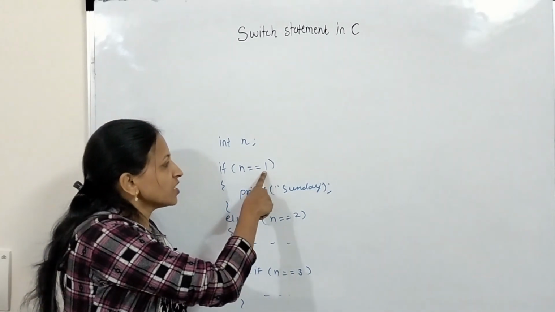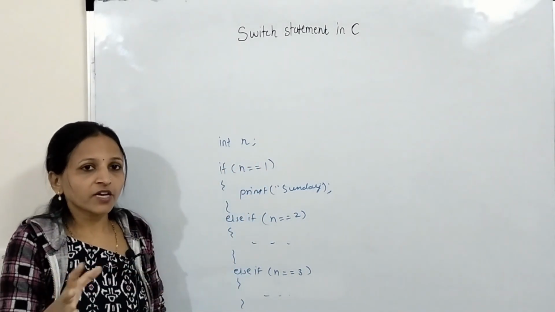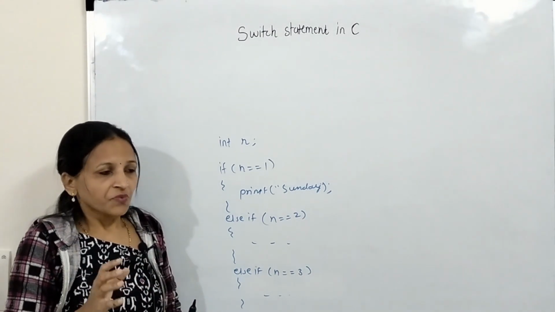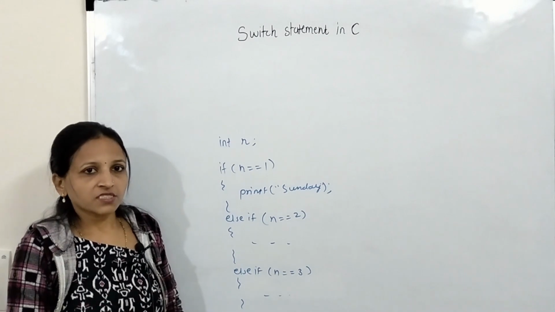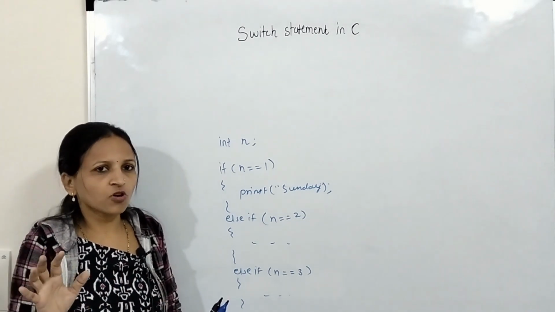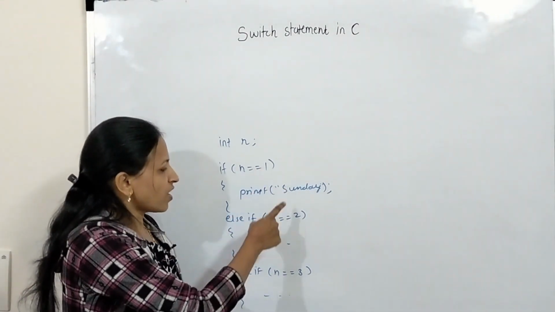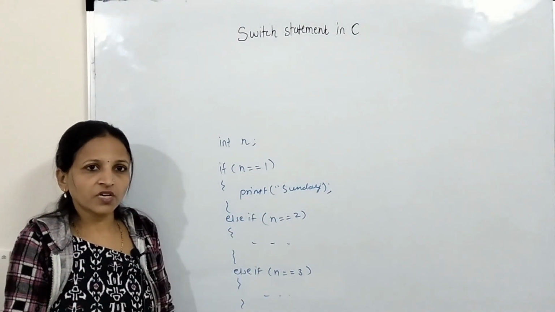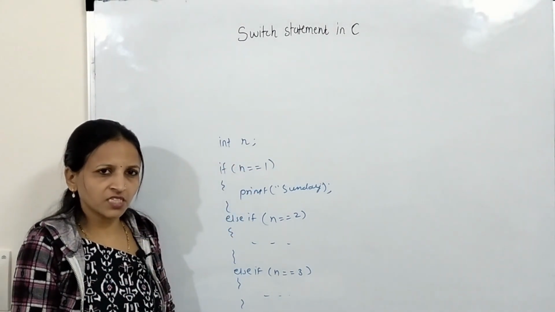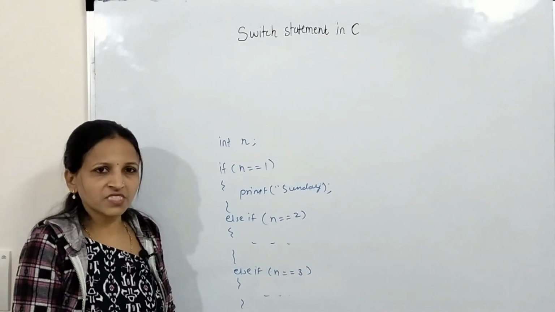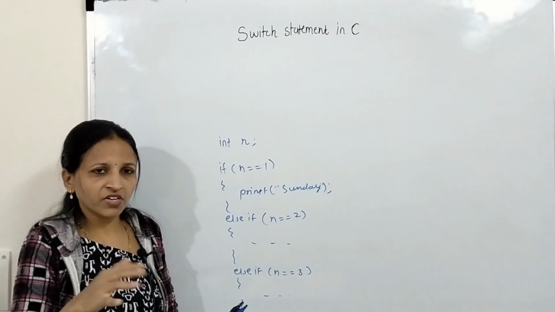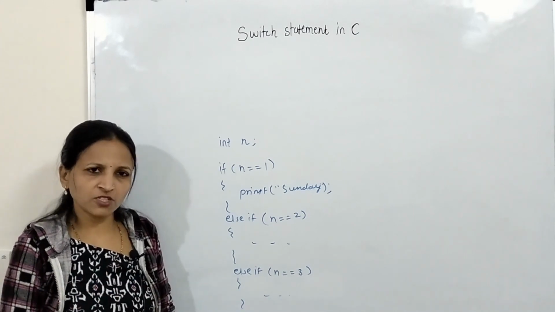For integer type values we can use this switch case, and for character type values also. In the switch case statement we can compare the value with a number of constants, like 1, 2, 3, 4 and so on. We check the value of variable n with 1, then with 2, then with 3. It is not compulsory that it should be 1, 2, 3 in this proper order. It may be like 70, 40, 30. In that way also we can do it.